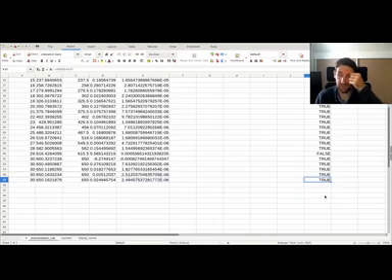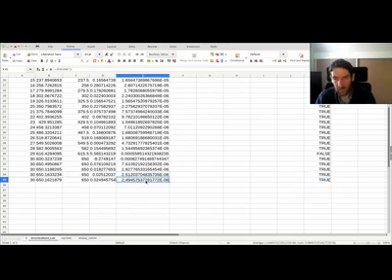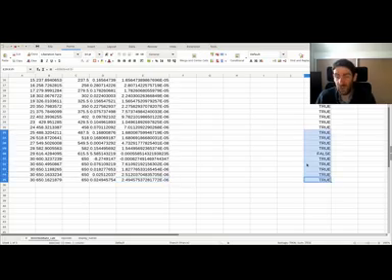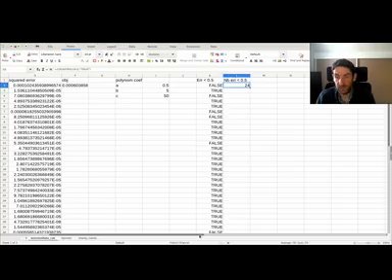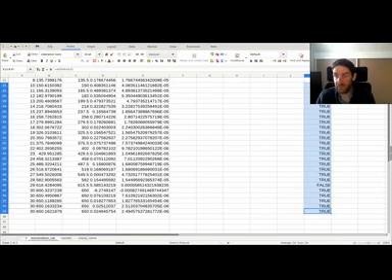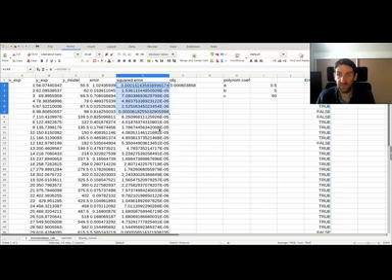This is much less of an issue with a computing language, depending on how it is coded, but usually you don't have to worry about that, because if the size of this vector increases, maybe the size of this one will increase automatically, or you will get an error. And again, errors are your friends, because you will see that, okay, I don't have the same size of the vector, so I have to do something. But Excel doesn't tell you that this value is not correct here. You don't know it, because Excel can't know that this vector should have the same size as this one.